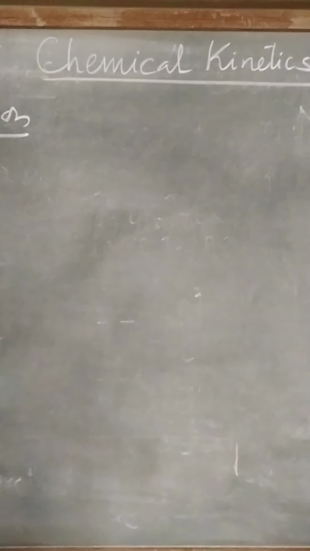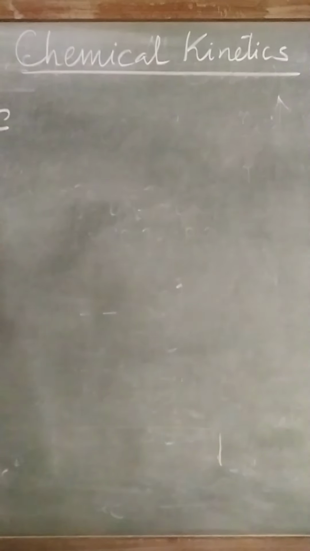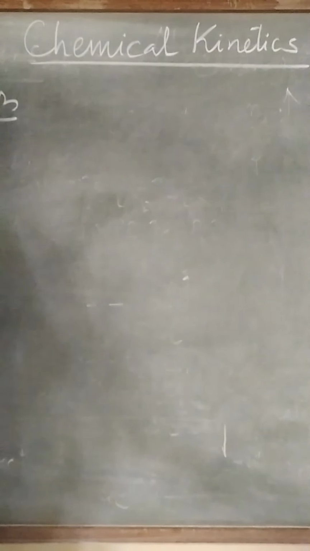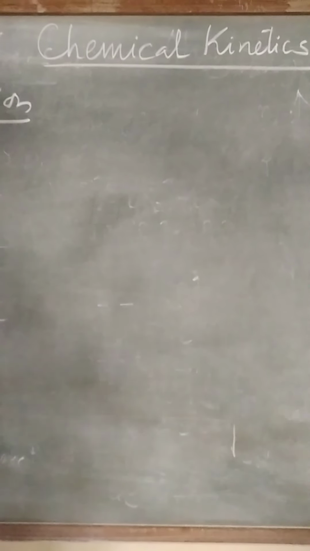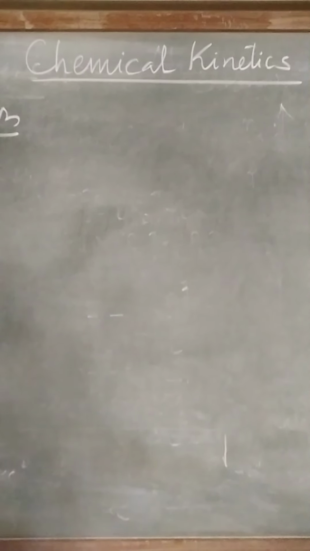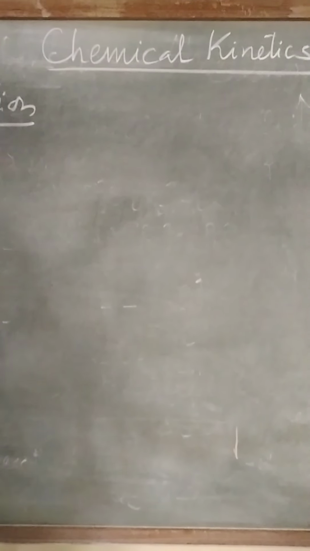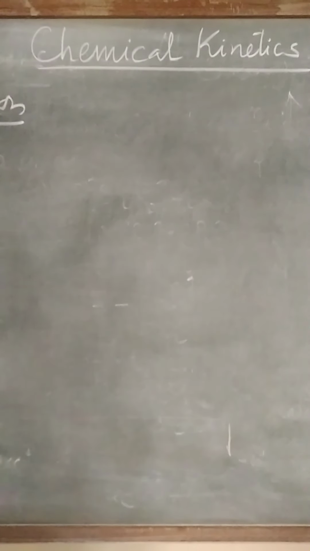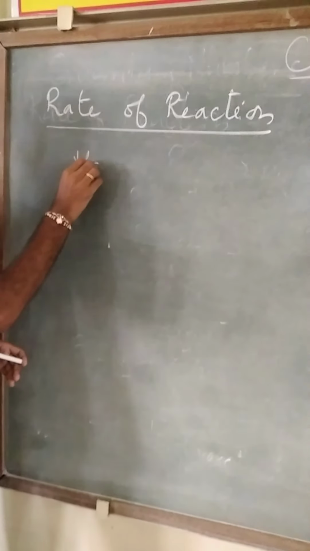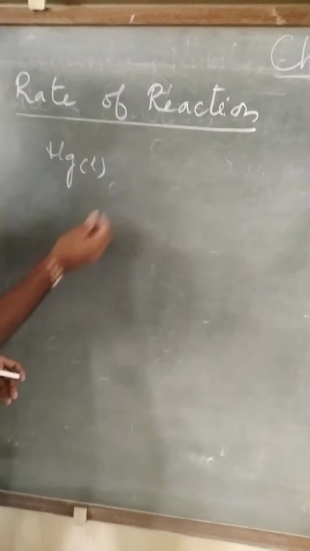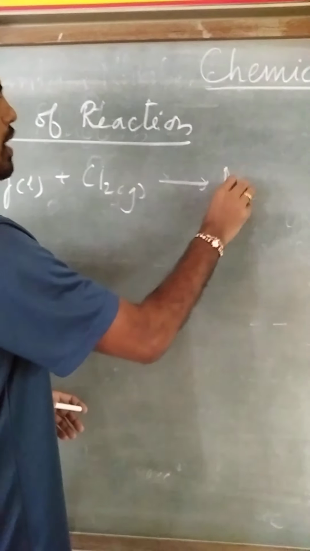Hi friend, in this video we will study the rate of reaction for reactions which have equivalent stoichiometric values, and how to write the rate of reaction for reactions which do not possess equivalent stoichiometric values. Consider a reaction: liquid mercury combines with chlorine gas